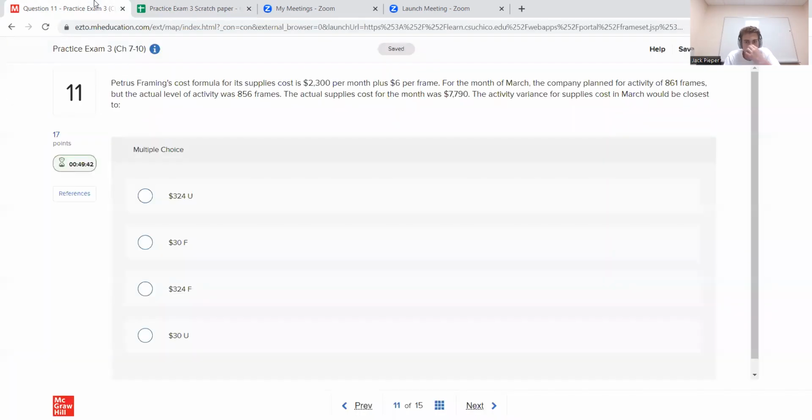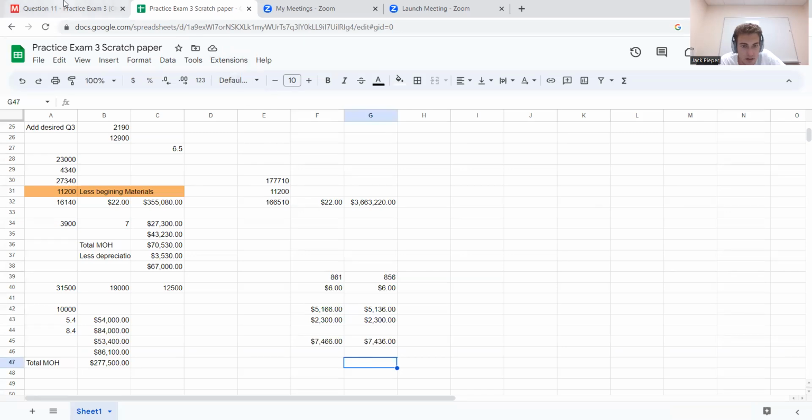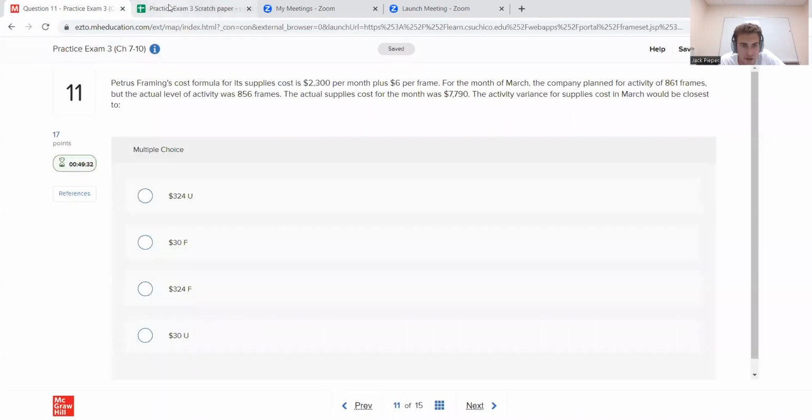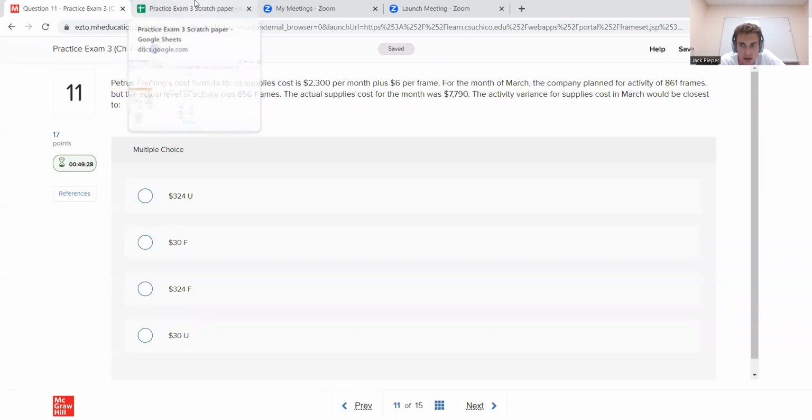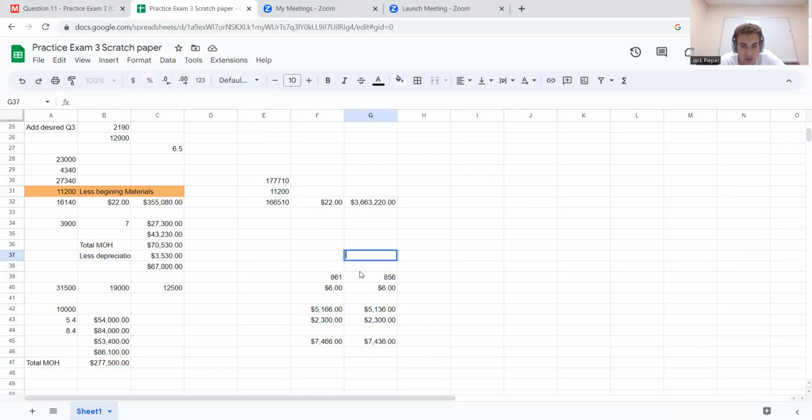Okay, and then I'll label it just so it's easier to track, but they planned for 861 frames, and the actual level of activity was 856 frames. So we'll do actual. So this will be our flex,